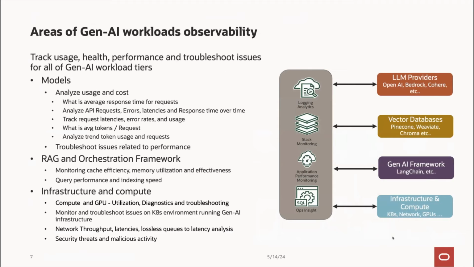Some of the areas for GenAI workload observability across different tiers, right? One of the things I just want to identify is that when it comes to workload observability, it's not only the compute infrastructure where your workloads are running. Now, you may be running your workloads in a Kubernetes environment or a bare metal GPU environment. Depending upon the type of workload, you might be in your tuning stage or in production stage, right? Monitoring the complete stack is really, really important, right?